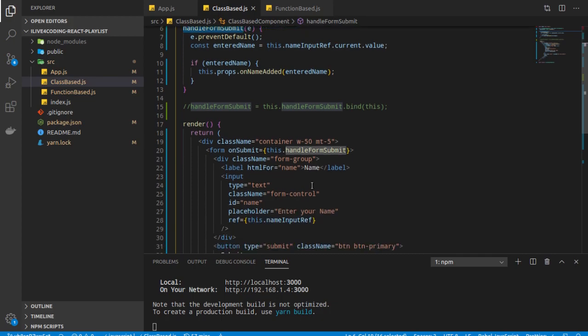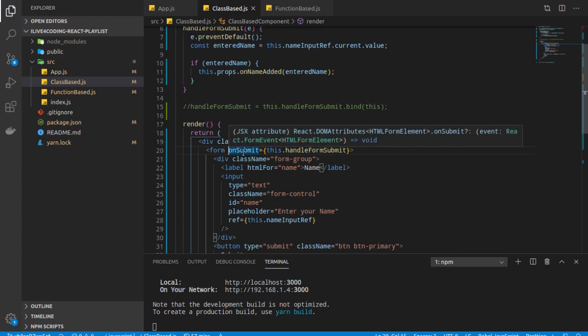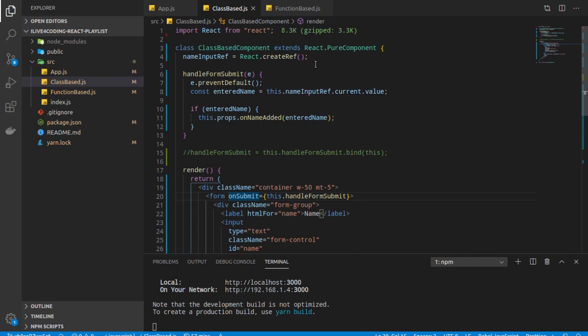So now when this is passed here, this dot handle form submit, we are just passing a reference to this particular function to on submit, but who calls our function? It's called by React when this particular on submit event occurs. So it's not called in context of this class.